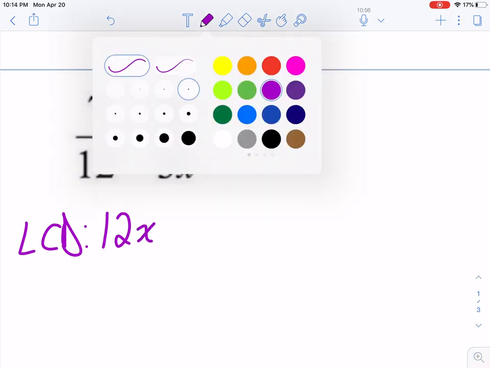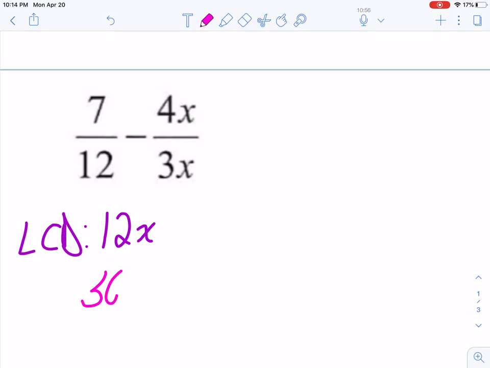Alright, some of you have used the LCD 36x because you take your 12 and you take your 3 and you just multiply them together. 36x works. There'd be nothing wrong with that. You just have to simplify your answers down the road because you picked an LCD that is bigger than needed. So let's go back to working with 12x here. And so if my LCD is 12x,